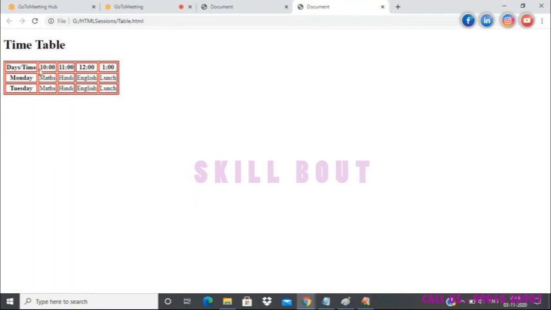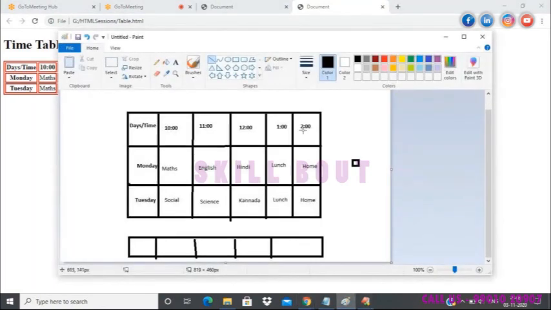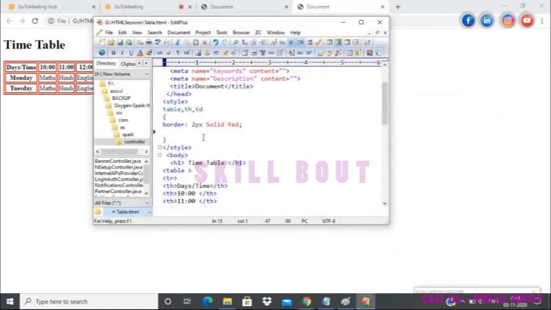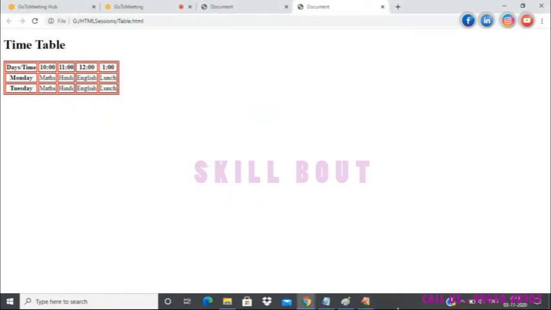Now I want a single border, something common across all the cells and the table. So then again I have to use CSS and I have to just write something like this. Border-collapse. Now it will check for the borders that are available and it will collapse all the borders that are separated into one single border and make it common for the table. Okay, so see something like this. So now this is how a table is created.